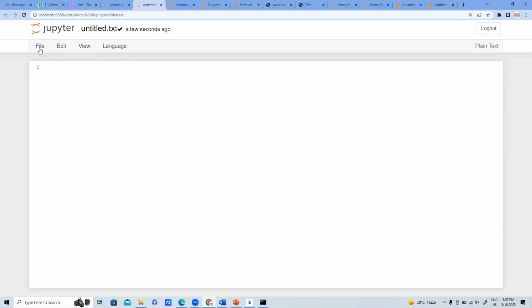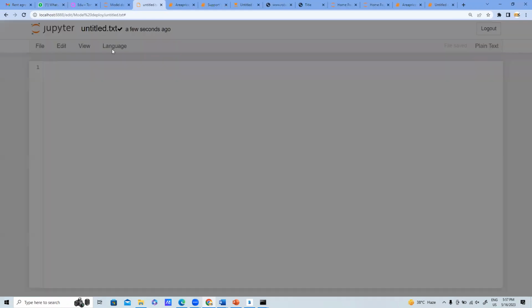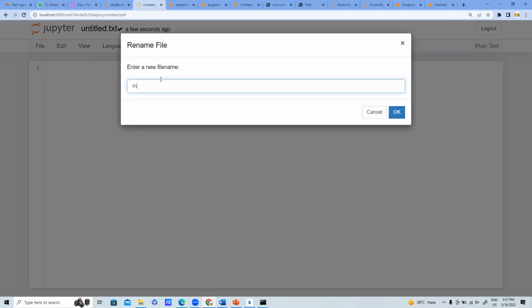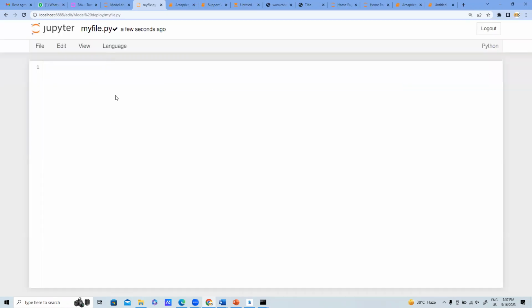Let me create a Python file here. Let's save it as my file.py. Okay, let's write the code for deploying the model. First of all, we need that data first here. So import pickle,